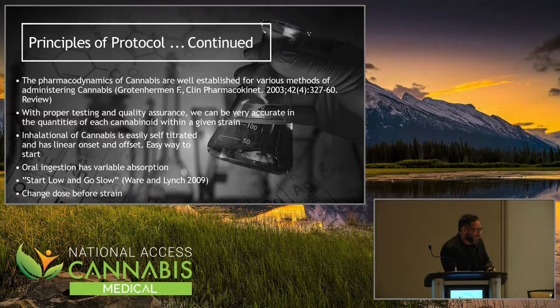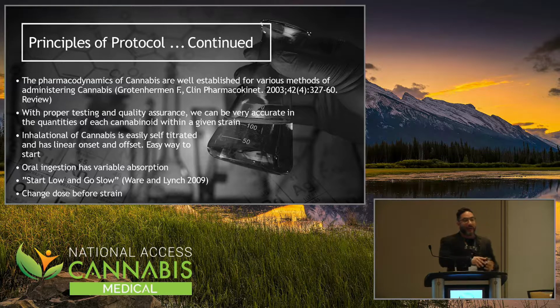Okay, so oral cannabis has lots of variability, it goes up and down, and it also goes through first pass metabolism, which is why with inhalational cannabis we get to skip all that and get a good effect. The way I take people off of narcotics, especially when they're on long-acting and short-acting, is I use inhalational cannabis through vaporizing as the short-acting, instead of a short-acting opioid. Instead of your Percocet, you're going to start vaporizing.